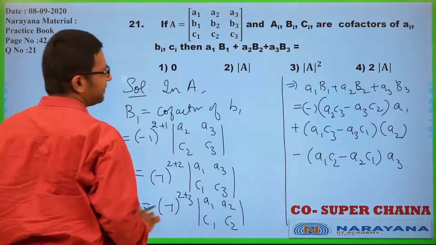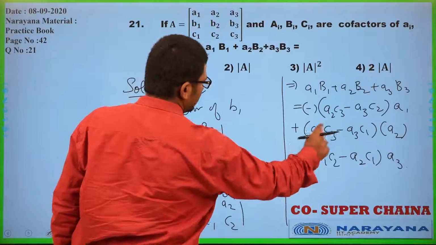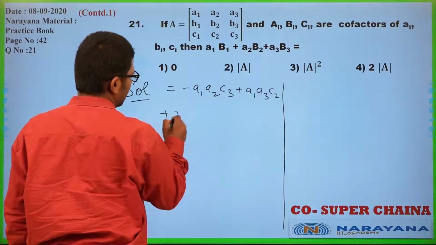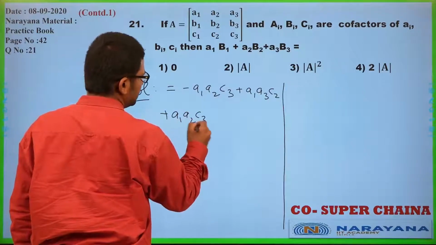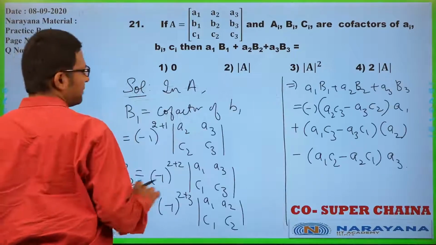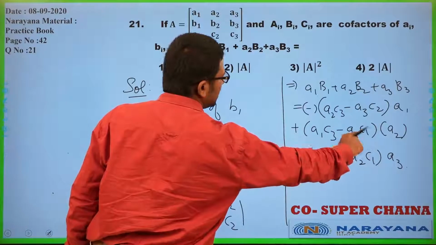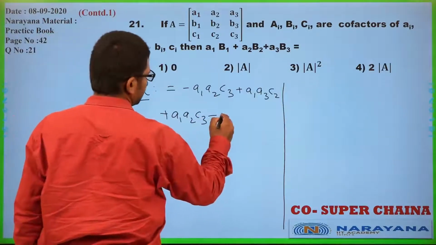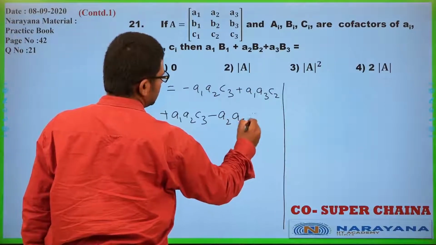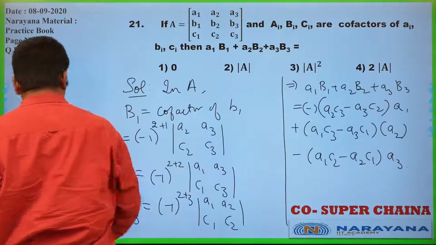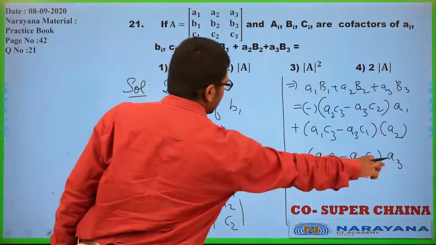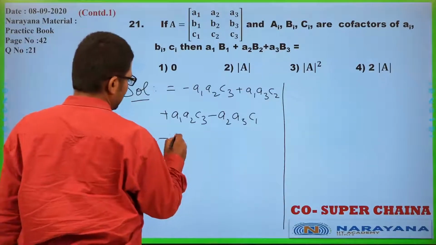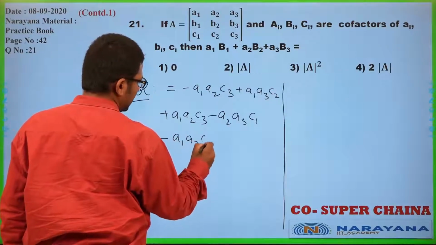Then here A2 A1 C3, right? So A1 A2 C3, then minus A2 A3 C1. Alright. What about this? Minus A3 A1 C2. Right. So let us write it as minus A1 A3 C2,